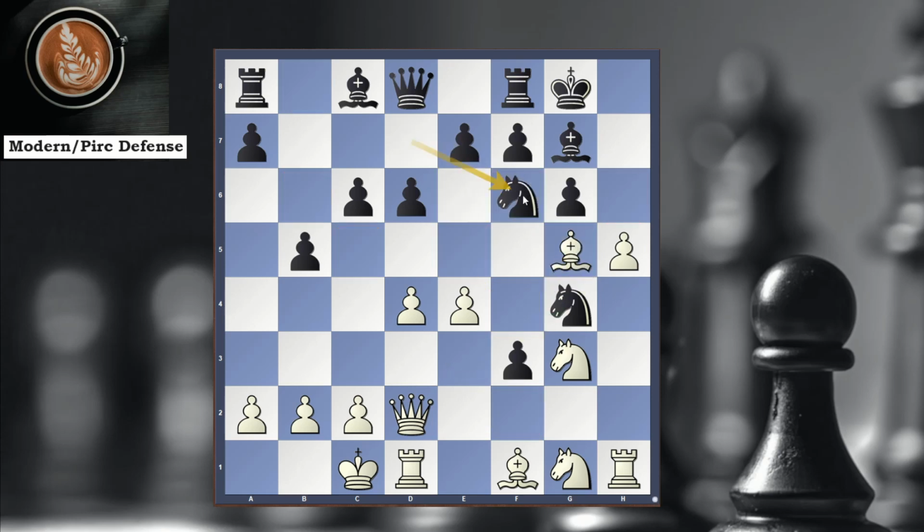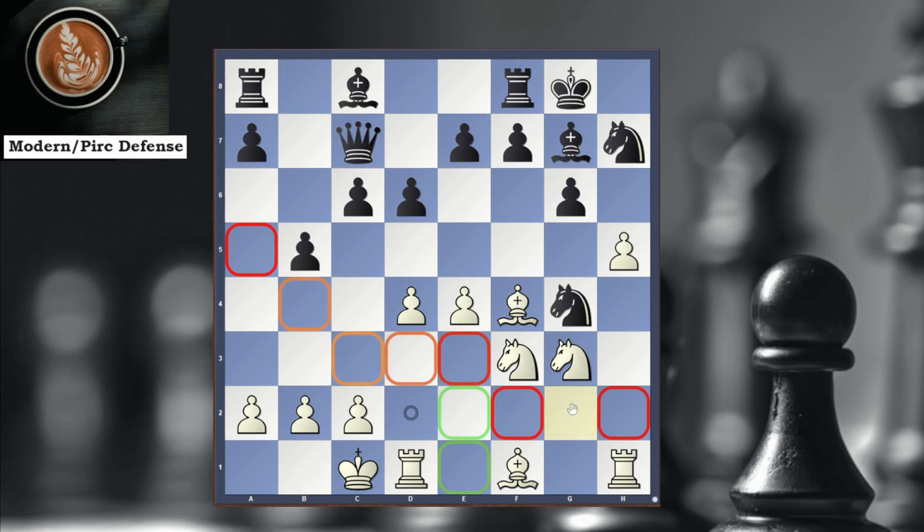Now the game continues like that. You play knight f3, and after knight h7, bishop f4, I'm going to continue just a few more moves, queen g2, and you have a winning attack. In the game